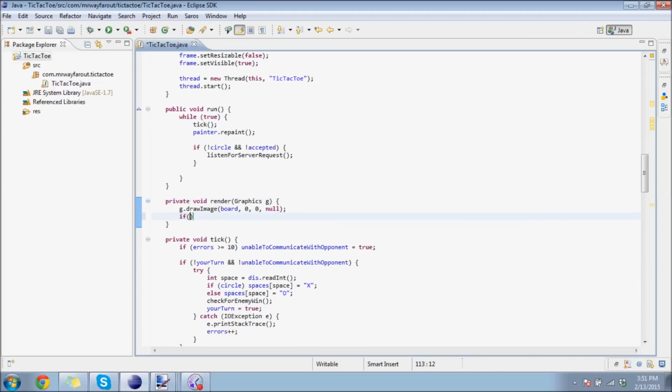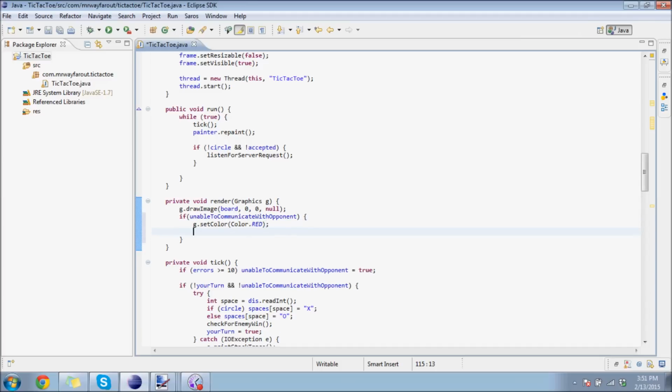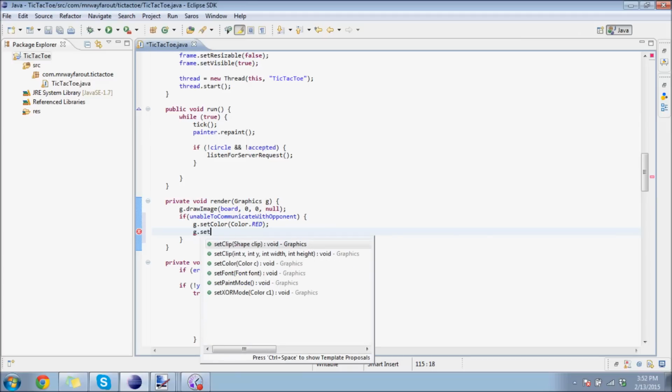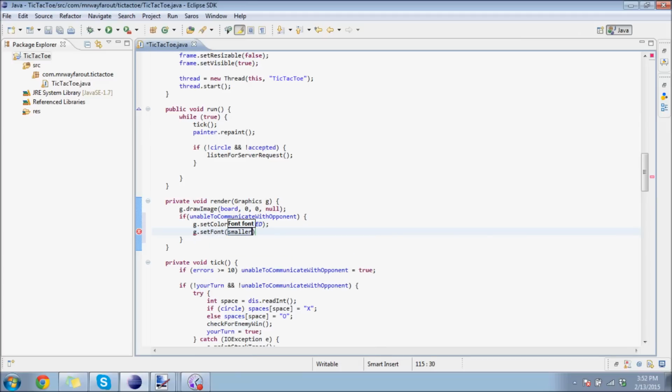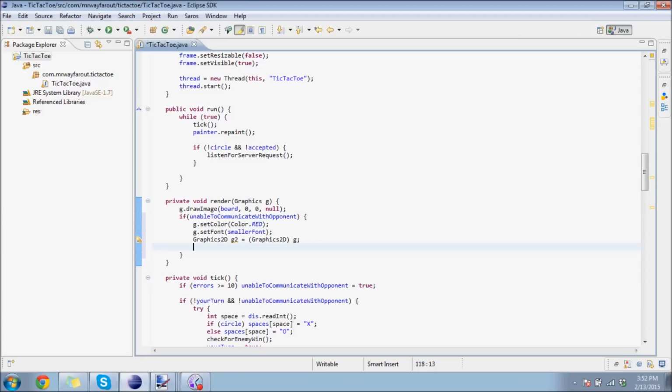Next, we want to say if we are unable to communicate with opponent. So if we aren't able to communicate with the opponent, then g.setColor, Color.red, and let's, what do we have to do? I think we want to use the smaller font. g.setFont, smaller font, and Graphics2D. This is a helpful thing I'm going to teach here. Graphics2D g2 equals g. So we're creating a Graphics2D object off of our Graphics object. And we are going to want to say that